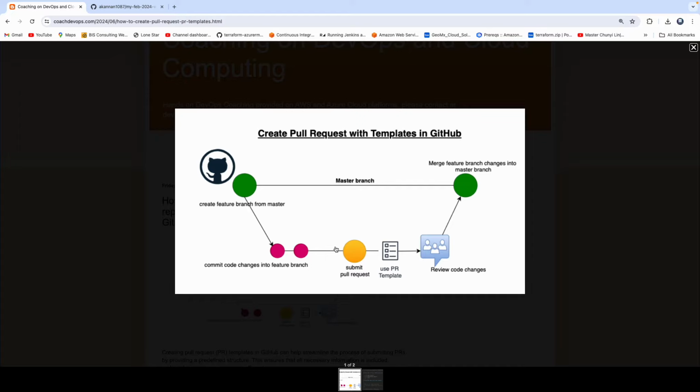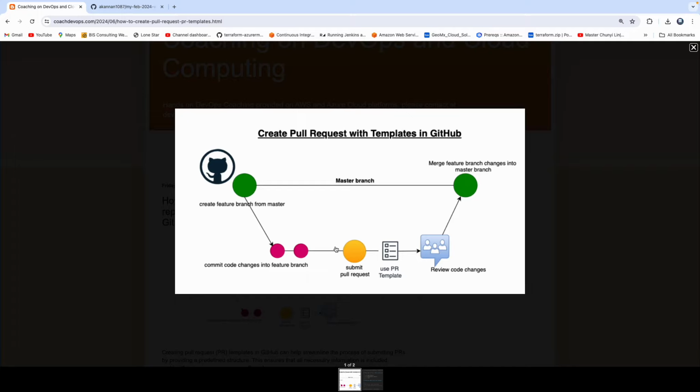Great. But let's say you wanted to make your PR process much more efficient, okay? So you wanted to provide a little bit more information about your code changes. What you can do is create something called a pull request template, or PR template. All you have to do is create this PR template and place it in a GitHub repository. And then whenever you are raising a PR, the information will be taken from the PR template, which would have